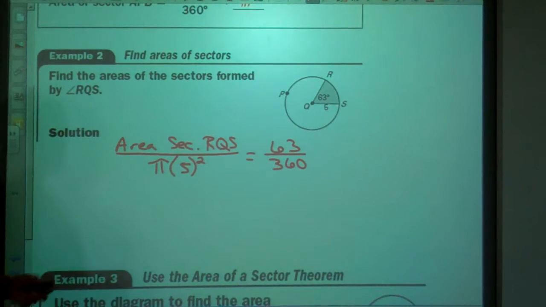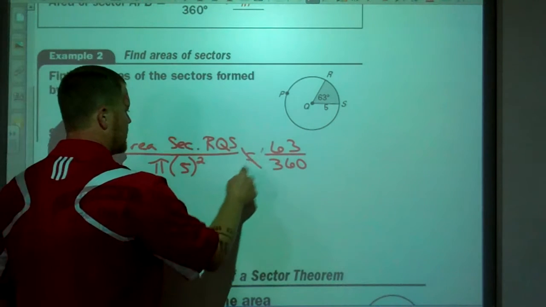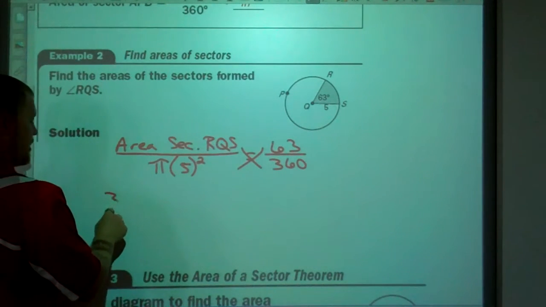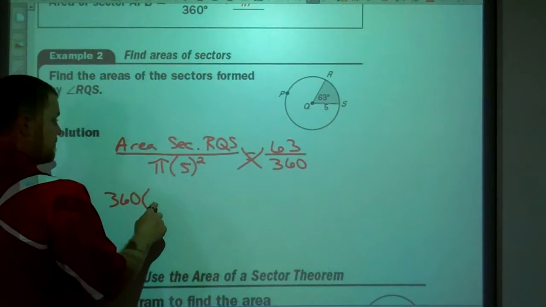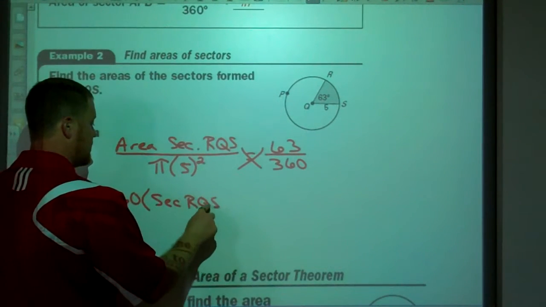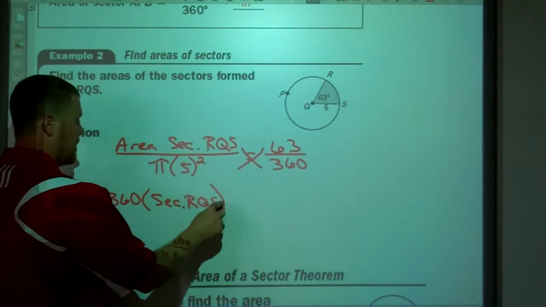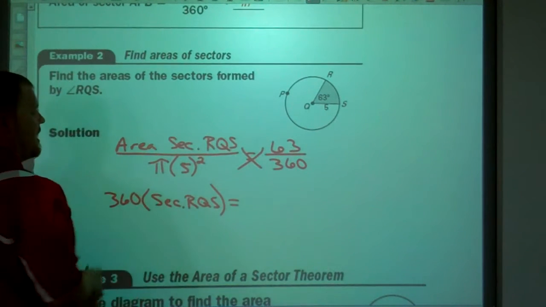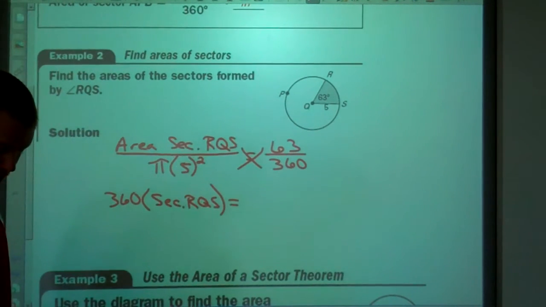So we have our proportion. Solve. Cross multiply. So we get 360 times the area of sector RQS equals 25 pi. So 25 times 63 is 1575, and then times pi,